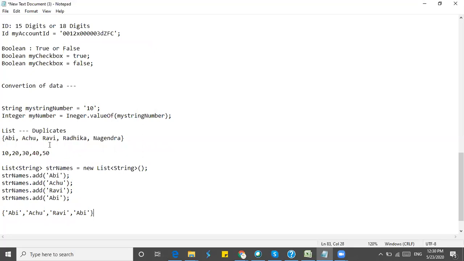This is the data which is present in HTML, in this format, like it will be stored like this. So it will accept duplicates also. A list will accept duplicates also.